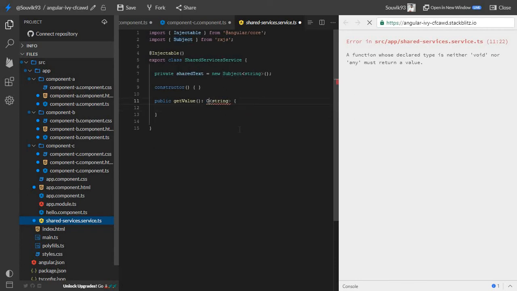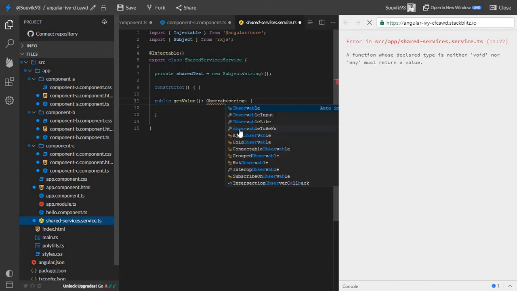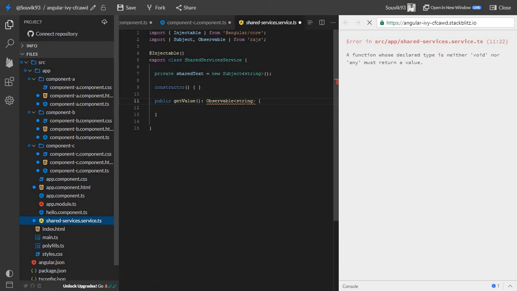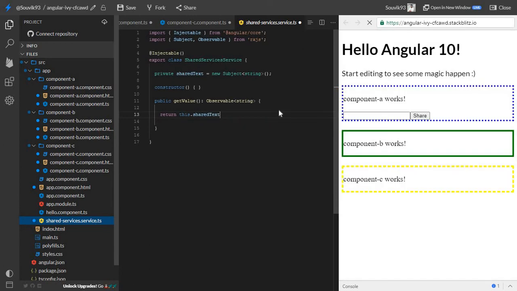Sorry, it should be Observable of string, not Subject. Since it's the getter method, I am going to just return it: return this.sharedText. Okay, so that's all.